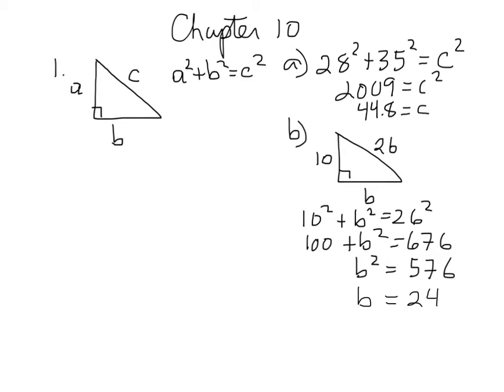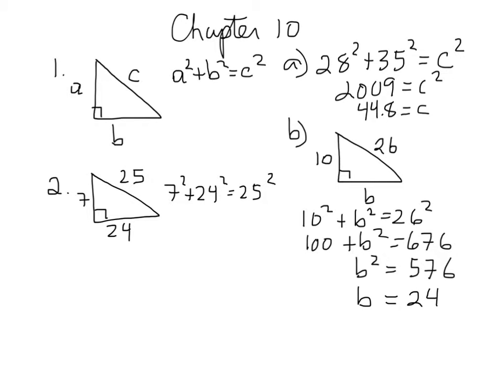All right, number 2. They're saying, can the following be sides of a right triangle? Well, we have 7, 24, and 25. So the question is, does 7 squared plus 24 squared equal 25 squared? And you find that the left side is 625, as is the right side, so yes, it is a right